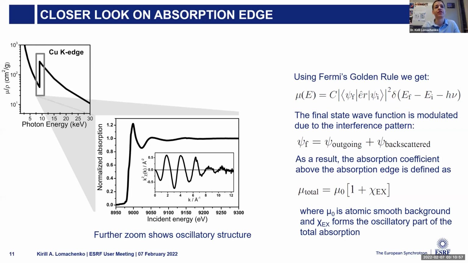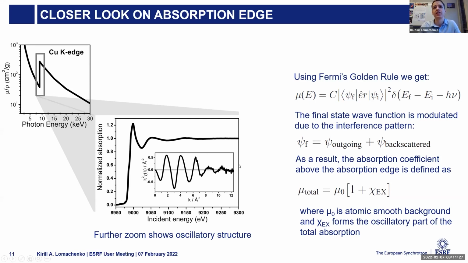So the absorption coefficient varies slightly before and after the edge, it has some oscillations. So from Fermi's golden rule, we know that the absorption coefficient is basically a matrix element multiplied by the density of unoccupied states. And the oscillations